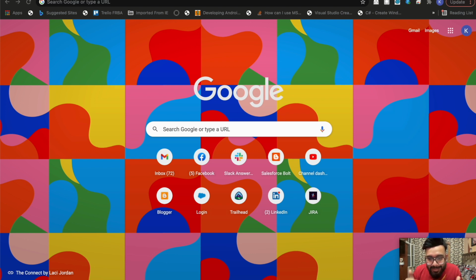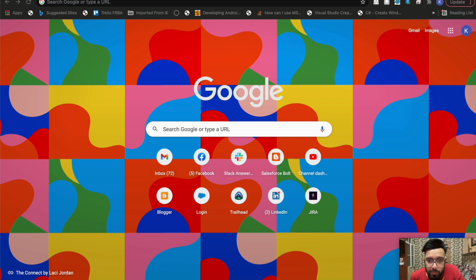So we won't be going that far. I mean, we won't be displaying the big image in picture. You can customize the functionality as per a requirement always. So for today, we will be just displaying the preview picture in a grid, and as well as we'll be displaying the icon of that file type. Let's say if the file is a PDF, then we'll be displaying PDF icon. If the file is an image, then we'll be displaying the image icon. So that's how we'll be displaying the different icons based on the file extension. Okay, so let's start today's video.